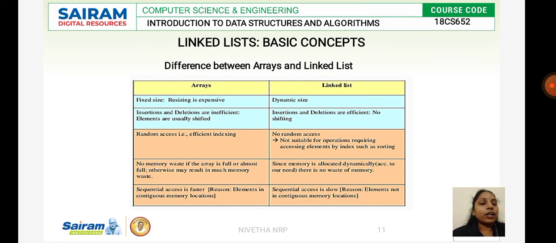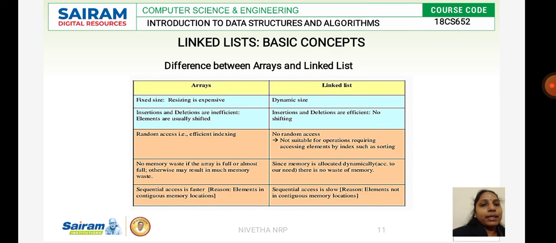And when I go with an array, random access is efficient, but we don't have the concept of random access in a linked list. What is random access? Random indexing. When I start indexing from A[0] to A[n], A[0] followed by A[1] followed by A[2], implementing this is easier for me.